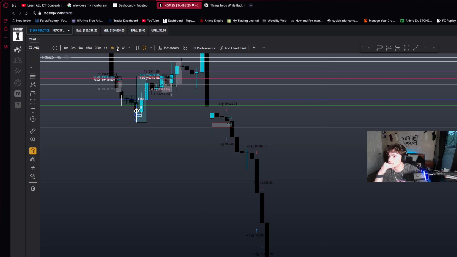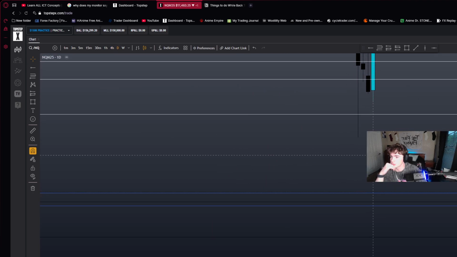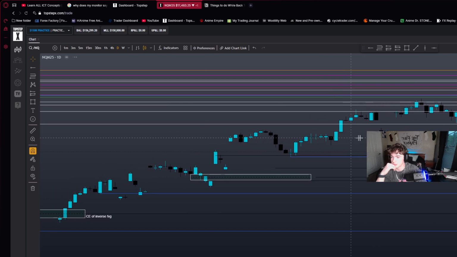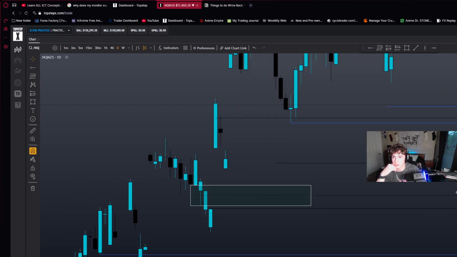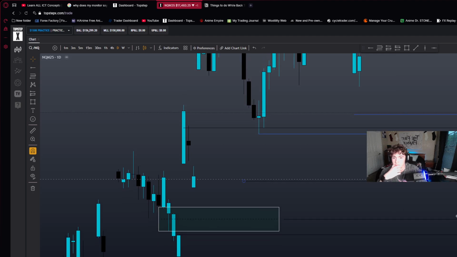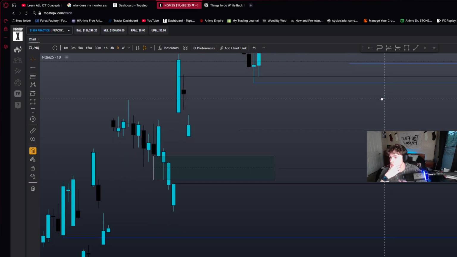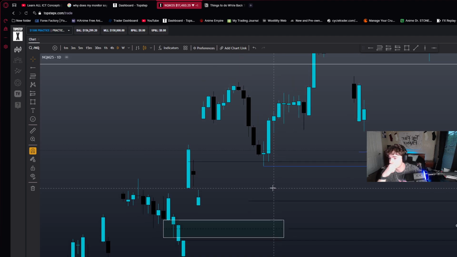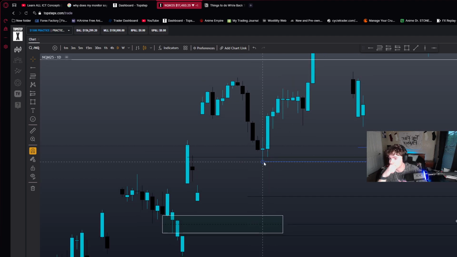Actually, I think it'll be a good idea to do a little bit more. I have an idea. Wherever I marked my lows, I should mark out fair value gaps and reactions off of those fair value gaps, and then I can mark those as order flow. I like this low actually.